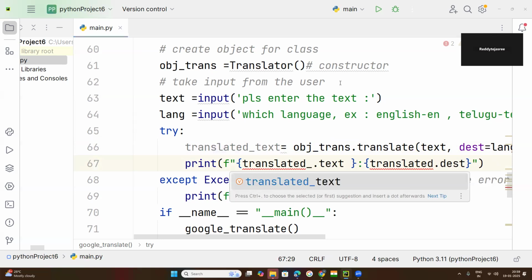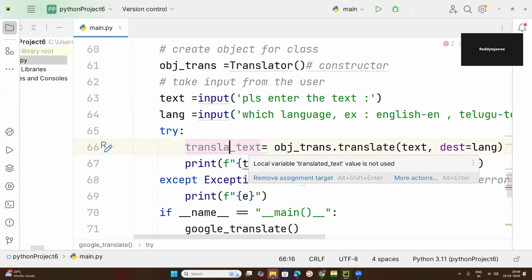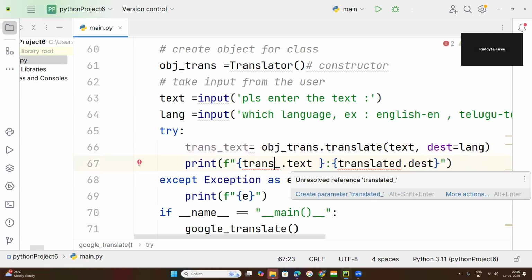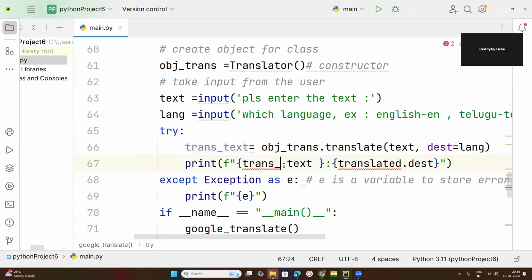So translated text. Translated text. This is what, okay? Now what happened? Now